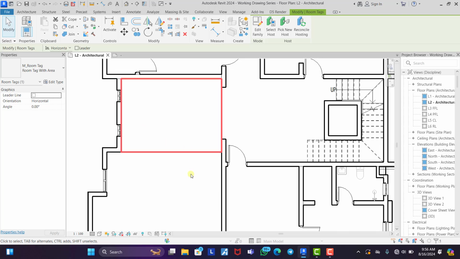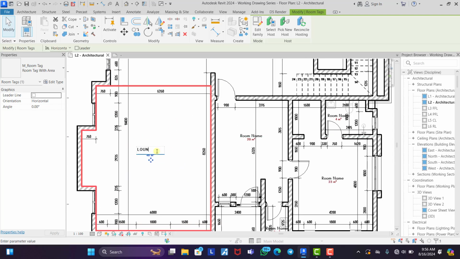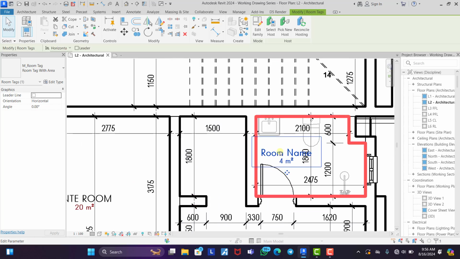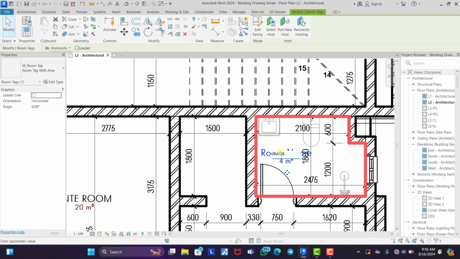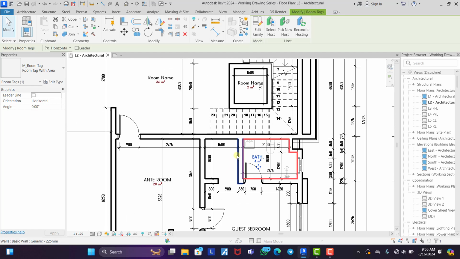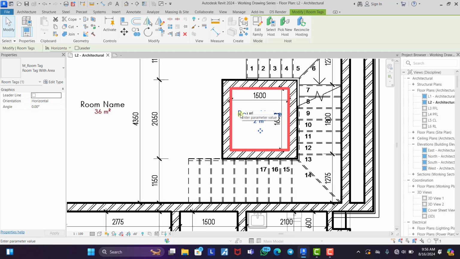Okay, dining, lounge, ante room, guest bedroom, bathroom, okay, lift, stair well / lobby,